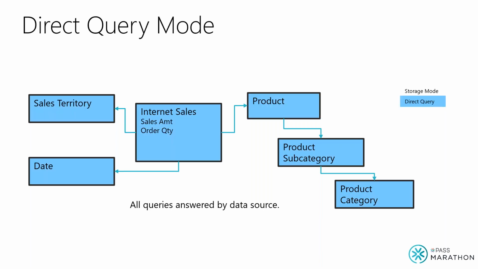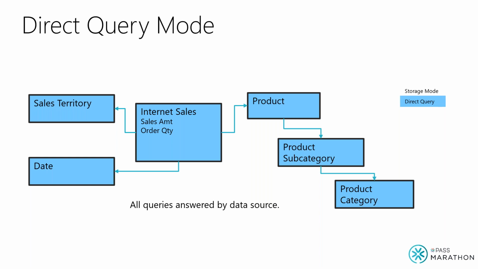The other end is called direct query mode, where when you connect to SQL Server, you say get data. Once you pick your table, it always asks you, do you want direct query or do you want import? If you choose direct query, it means that all queries now are being answered by SQL Server. So Power BI is just working as a semantic layer. It will help write those SQL queries so your user still is not writing the queries. It's just asking for information. So for them, it's still just drag and drop, but now the queries go back to SQL Server.